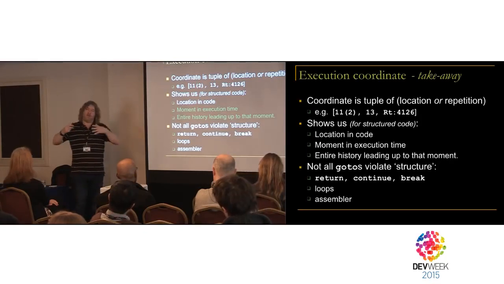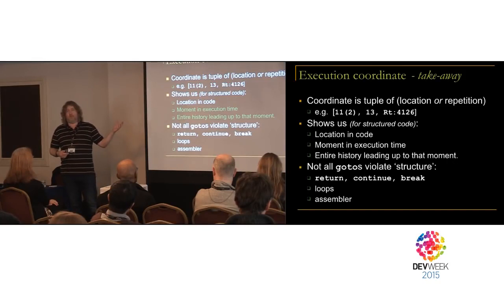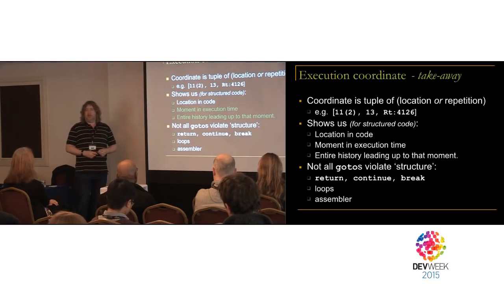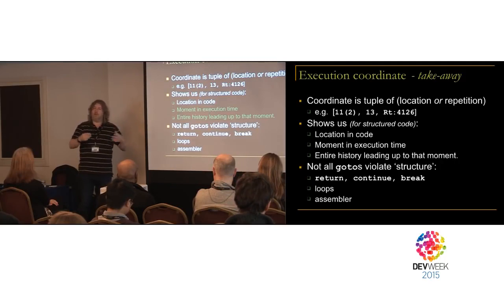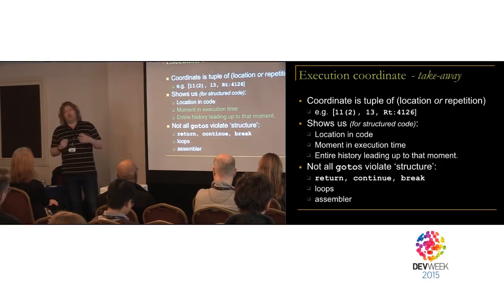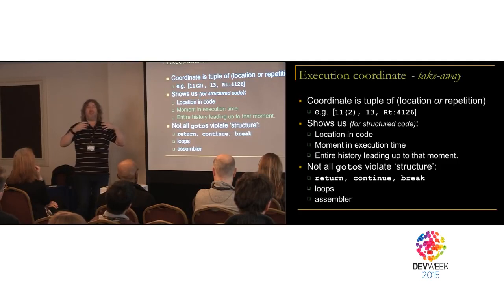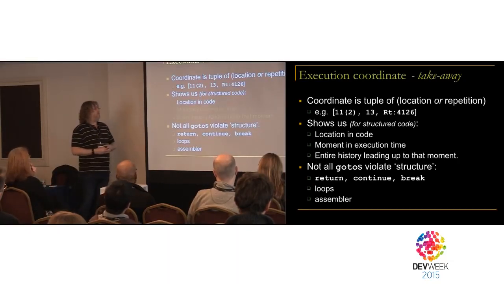Even assembly: you take a chunk of code, you compile it down to the binary, and there's no concept of a loop in binary. It's all done with jumps and branches. And yet it doesn't undermine the structuredness of it, because you can still pass it through a debugger and connect it back to the original code and see where you are in the original code. You haven't broken the structure just by putting gotos in it. What we have done, though, is we've controlled our programs by producing limited versions of these gotos. We've tamed the gotos. Rather than allowing them free rein, we've tamed them. Okay, so that's the history.